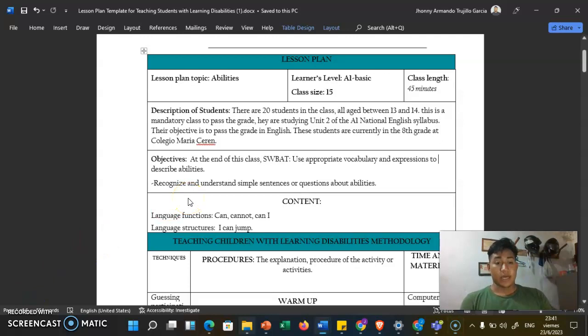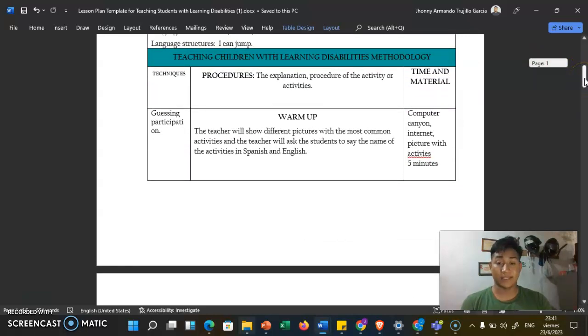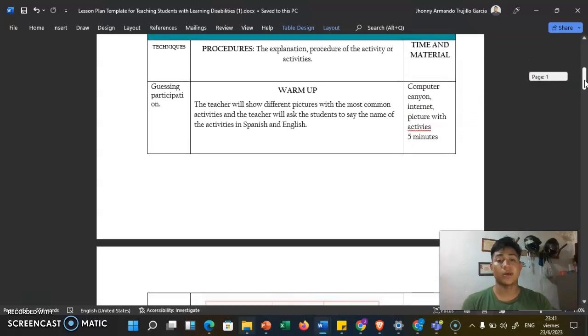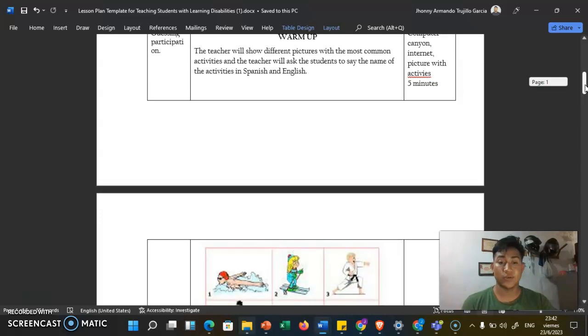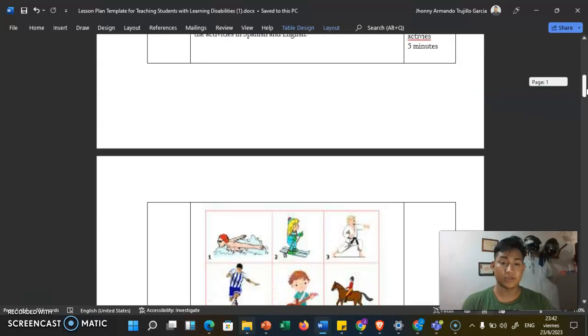After that, I have developed an activity here. The first one to start with the students is going to be 5 minutes. It's going to be a little warm-up to get in touch with the students about the basic vocabulary that we are going to use in this stage. The teacher is going to show different pictures with the most common activities, and the teacher will ask the student to say the name of the activity in Spanish and also in English,